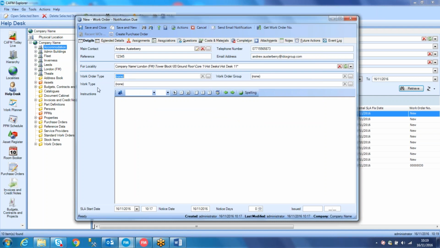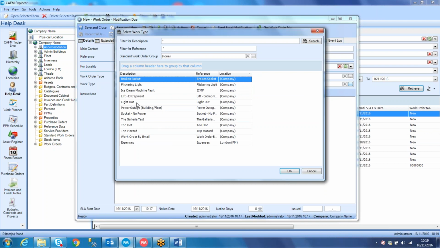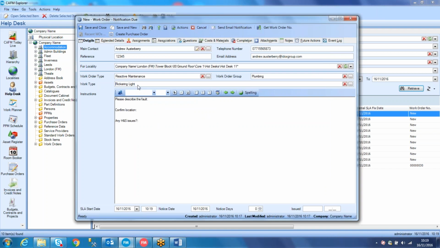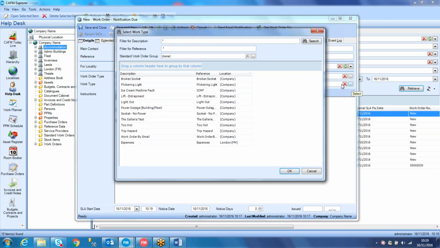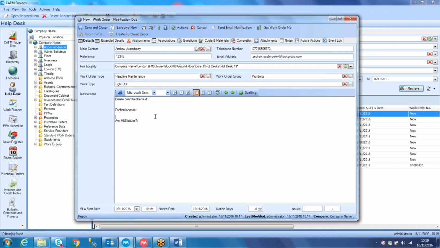Under here, I've got an option that says work type. So I'm just going to go into it and say, well, actually, they're reporting a flickering light. When they bring back a flickering light, you'll see it brings back this information. Don't worry that this says plumbing. It's just because this is a test system. We'll use a different option. We'll say light out. Again, as you come through, you can see it just drags this information through the system. If I clear it all out, just to show you,